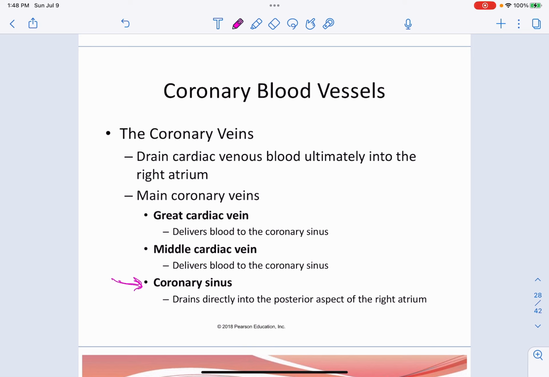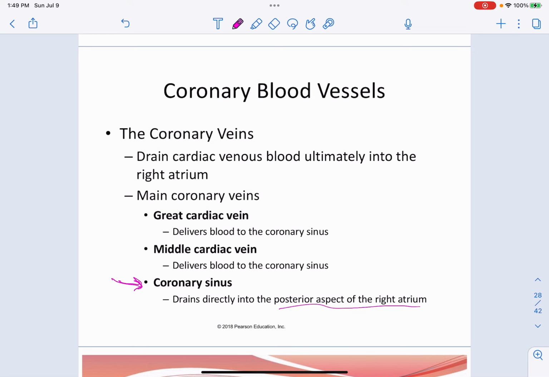And do we remember where the coronary sinus dumps? Because this is now used blood. All the oxygen and the nutrients have been depleted, so it needs to get back to the lungs. So it is going to drain into the right atrium,